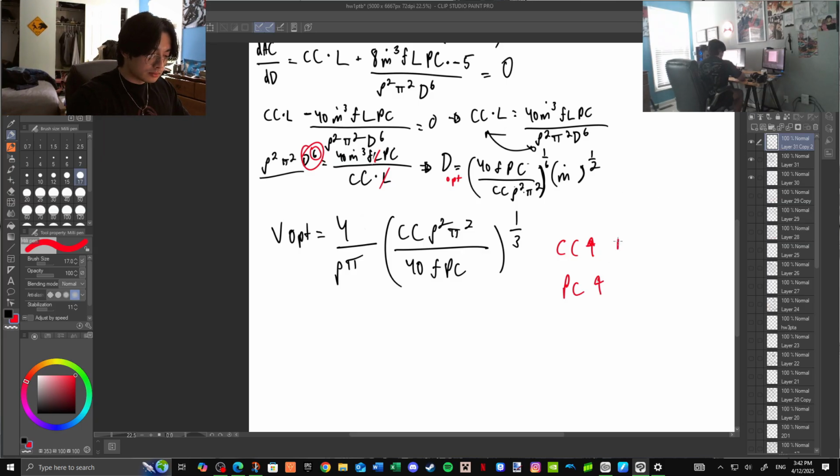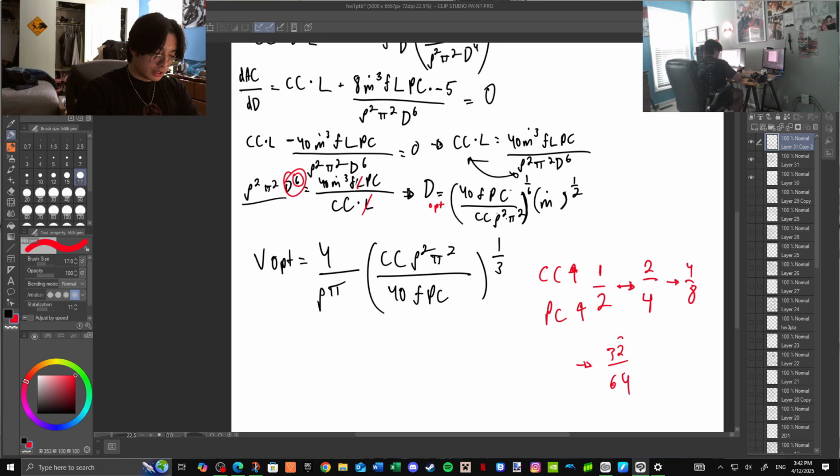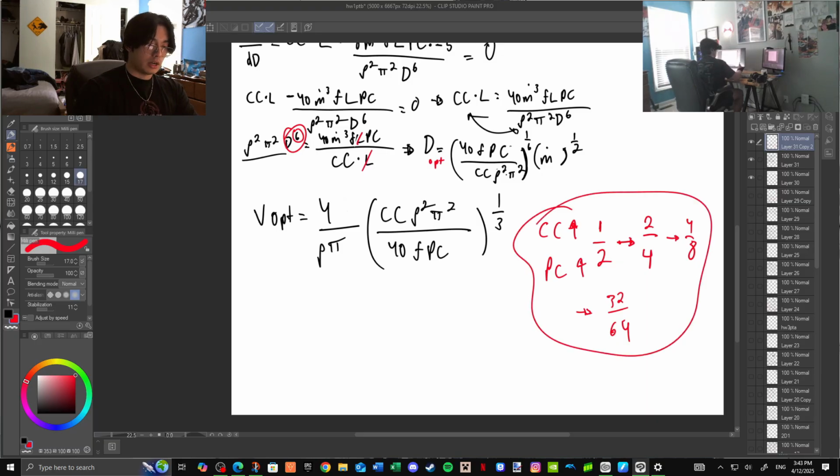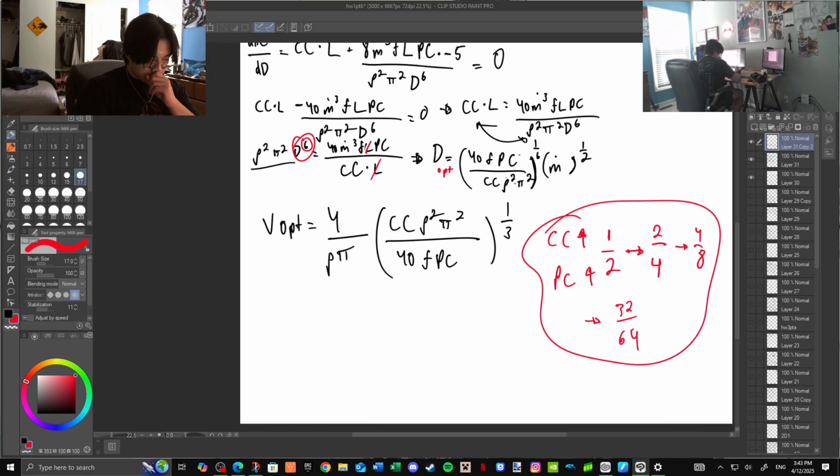Like the capital cost 1 to 1/2 years later may increase by a factor of 2, but so will the power costs, and these are the same ratio. Just keep going on and on. But no matter what, the capital cost and the power cost will create the same ratio no matter how long it's been. And so in turn, they'll basically cancel each other out,